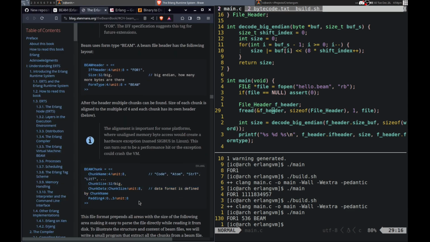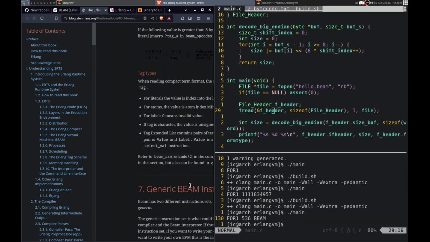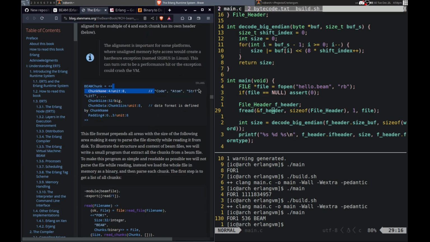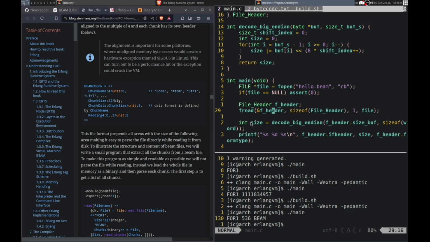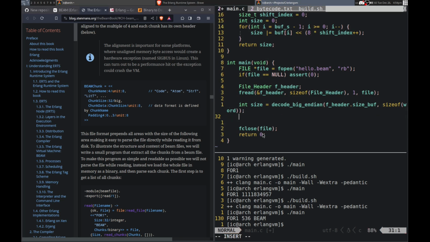So now let me take a look at the next thing. So then we have chunks. And there are different types of chunks. Shoot, now it's gone. Right, let me put it back like this. Hang on. Okay, yeah, code, atom, strT, things like that. So it starts with a chunk name, which is the same as that. So I'm going to read it one at a time again. I'll get rid of this printf here, though.